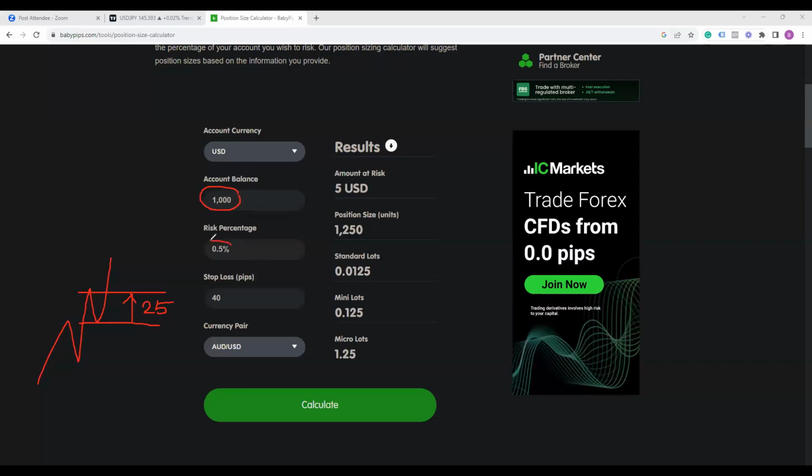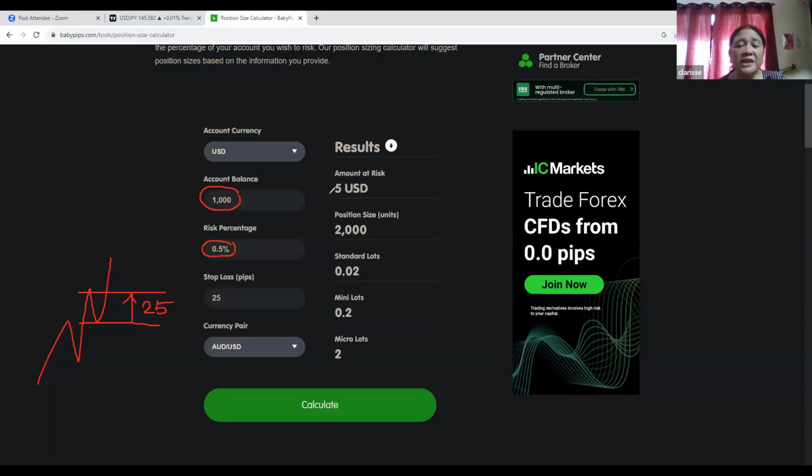Then you can change what kind of risk that you want to take. So as this example, I want to risk 0.5%. So now my stop loss is 25, so I key in 25. I want to know that if this trade doesn't work out, I only have $1,000 in my account and I risk 0.5%, how much is it in dollar size? I can trade 2 mini lot. Based on this risk parameter, if the trade doesn't work out, your maximum loss is $5.